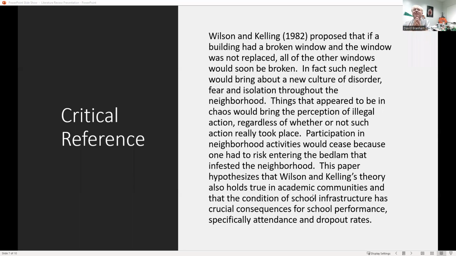So sometimes these are necessary because they're so important and so exactly where you're trying to go and lead to. And this one says, Wilson and Kelling proposed that if a building had a broken window and the window was not replaced, all of the other windows would soon be broken. In fact, such negligent